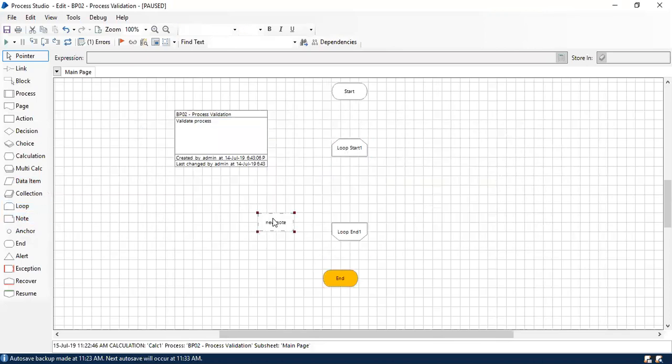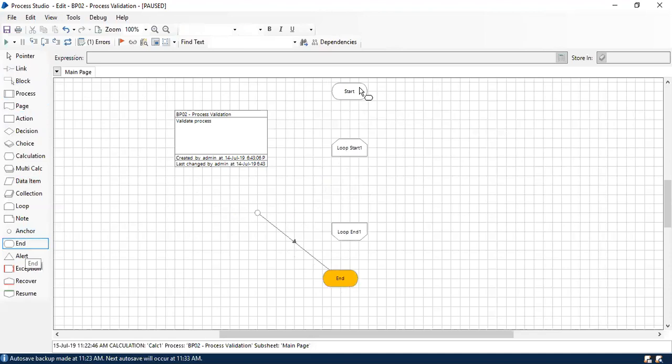And notes is just to add a comment. It is similar to the comments we have in basic coding in Java or .NET. It's more of a comment section to give additional information, like the reason for what it has been created. Anchor is just like a connector. You can use this anchor to connect between the stages.